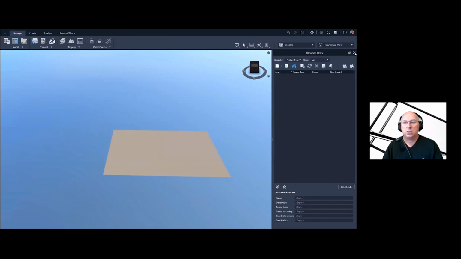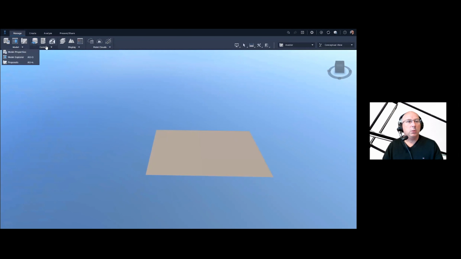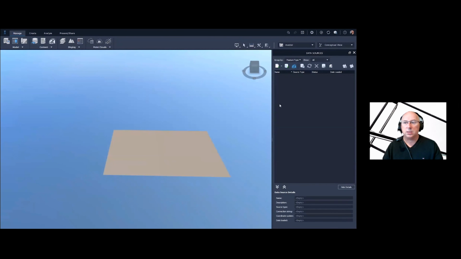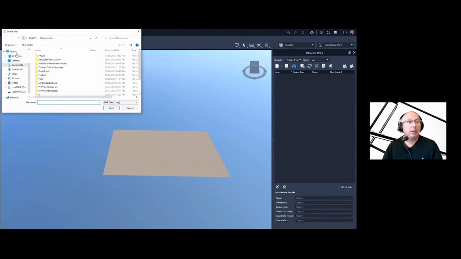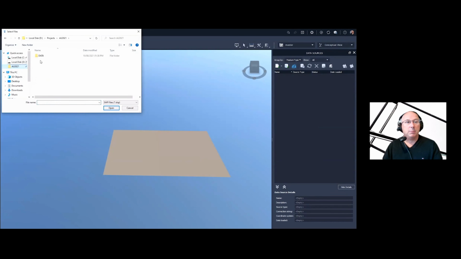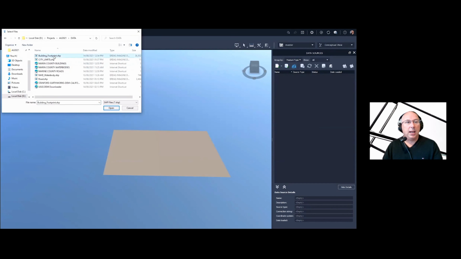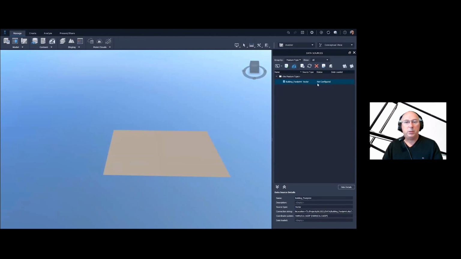So let's close the data sources and start again. What we're going to do is go into the content, go to data sources. Now these are those shapefiles we just had, and we're going to add them. I'm going to add them manually. You can drag and drop them in as well, but I like doing it this way so you can see step by step how the data is being added. So let's go new, and we're going to go down to shapefile and browse to the shapefiles right here under AU. That's my data set. The first thing I'm going to add is the building footprints. That is the best thing to add, because it really pops. We'll have a 3D city.